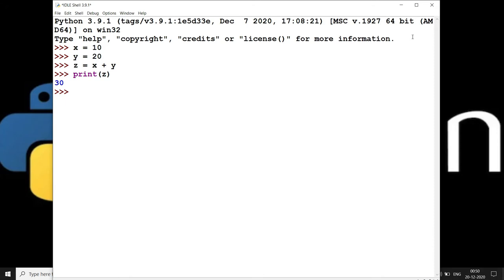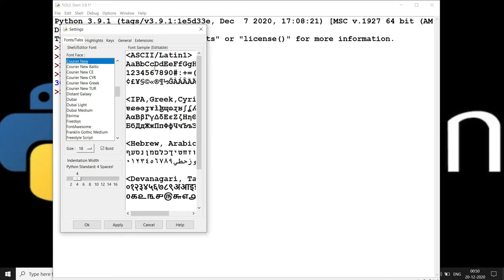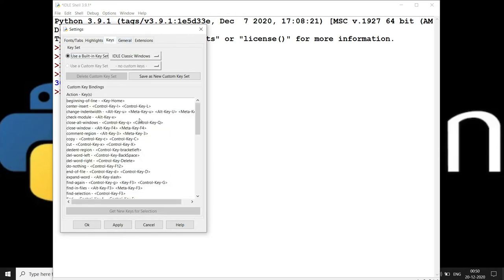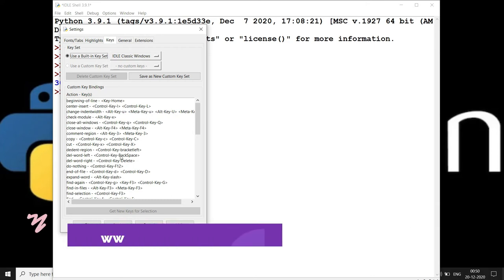Can we customize this command? Of course we can. To customize it, go to the options and click on Configure IDLE, and here click on the keys tab. As of now we are using the default shortcuts. Here you can see use a built-in key set, the default one, but I would like to create a custom command.